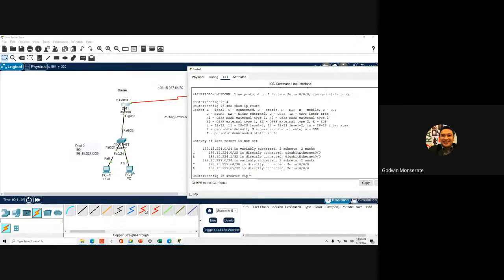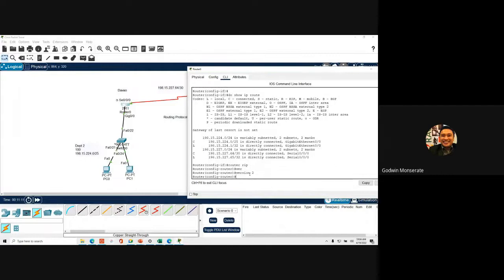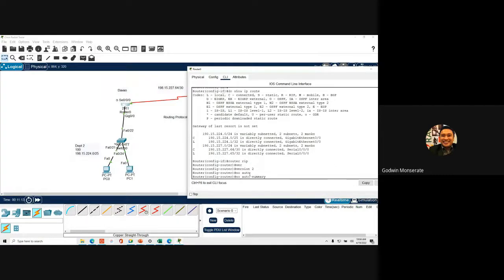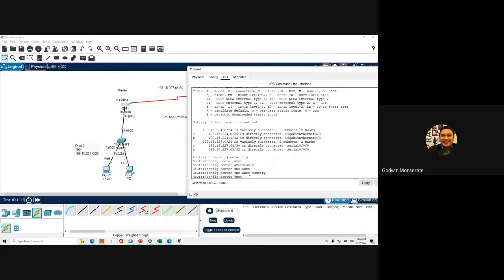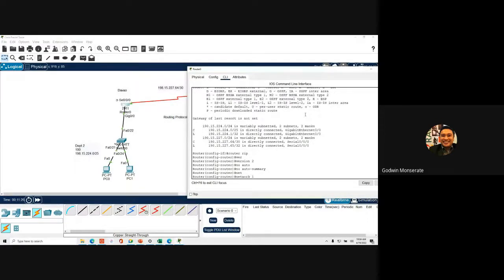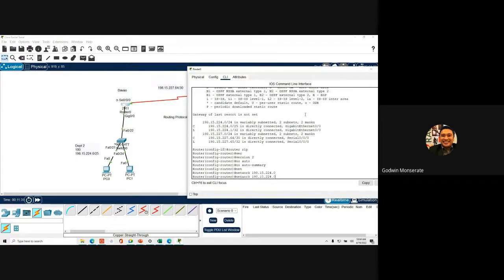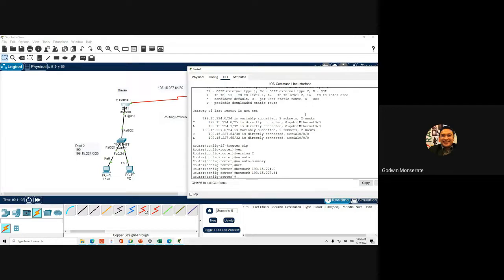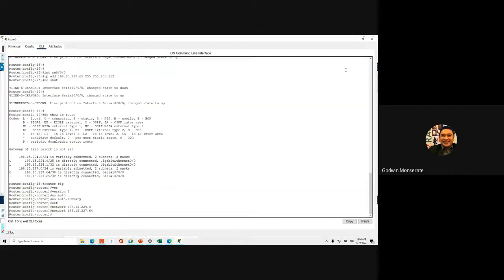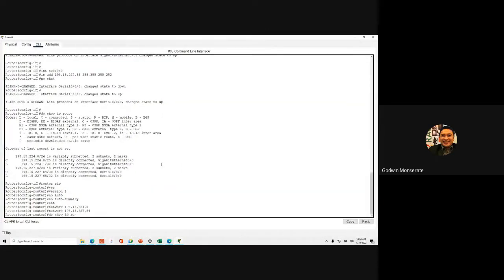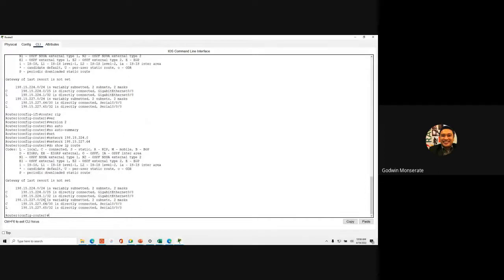How to do it? Router RIP, enter, version 2. Okay? No auto summary. Then network command. What are the networks present on this router? So, there are two networks. This network and this network. So, mao na yung ibutang. Okay? So that would be 198.15.224.0 network and 227.64 network. Kung tanaw na to karon, do show IP route, okay, wala pa siya ma-take effect kay ang